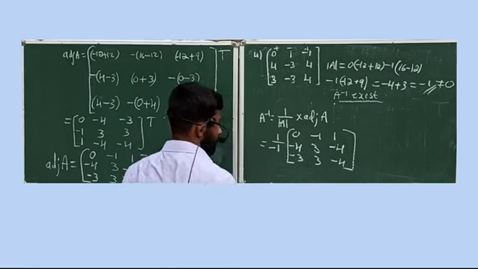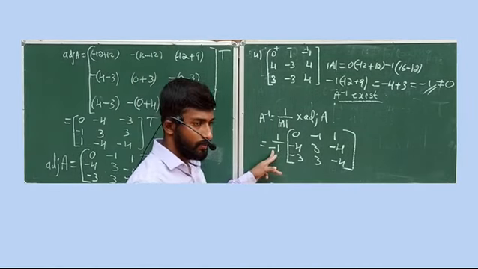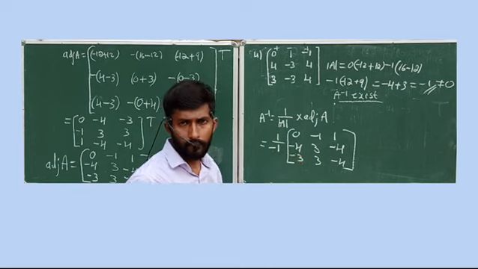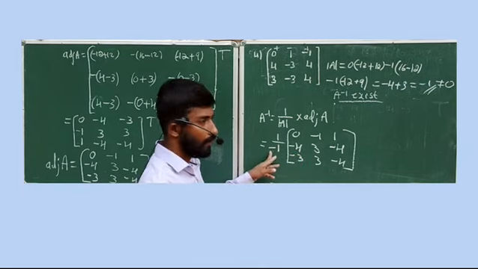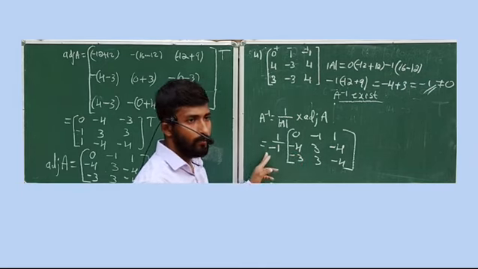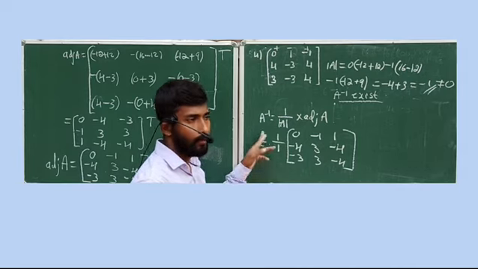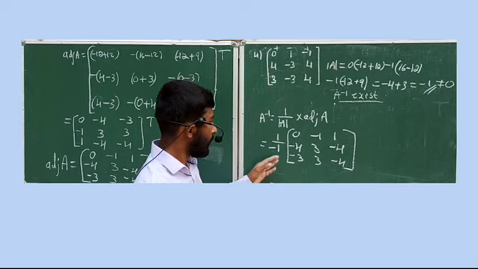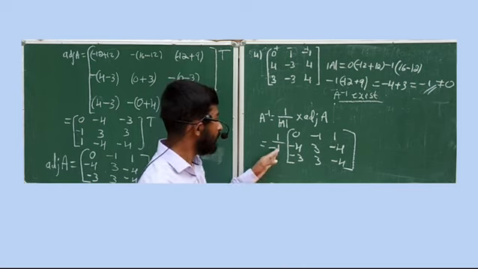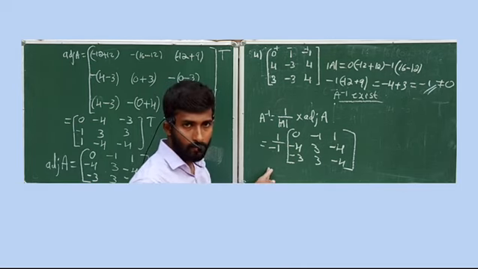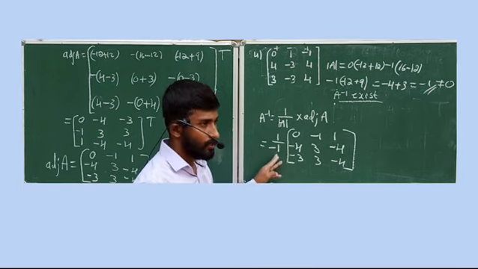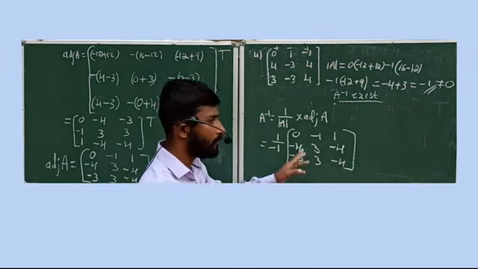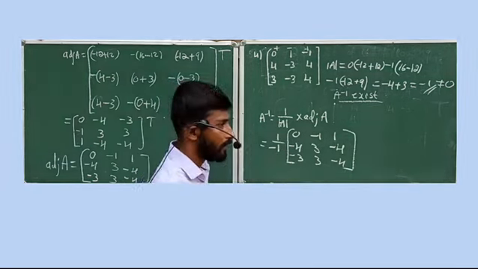Okay, now see, since here minus 1 is there, you can take this number inside the square matrix. It's a scalar multiplication, right? 1 by minus 1 is minus 1, multiplying minus 1 to each element of the given square matrix. If a number other than 1 is there, you can keep that number outside only, it's not a problem. If 1 or minus 1 is there, it's easy to multiply. So I am multiplying minus 1 inside the square bracket.